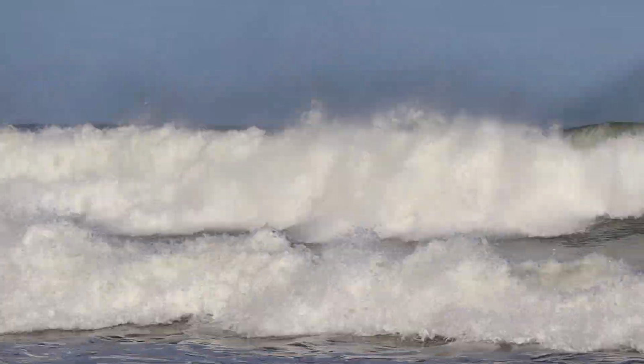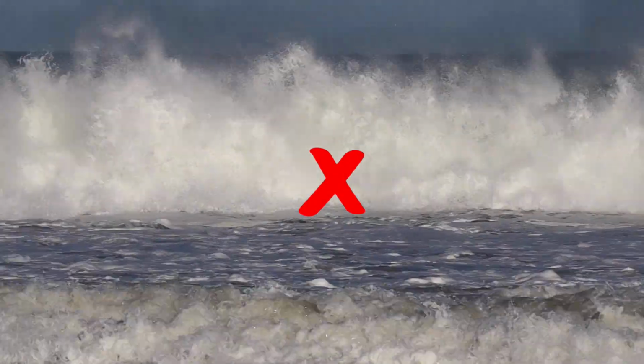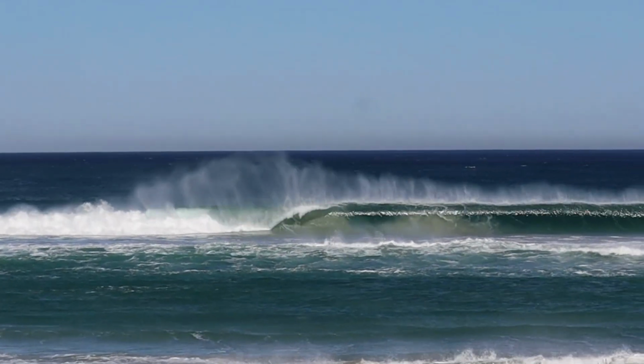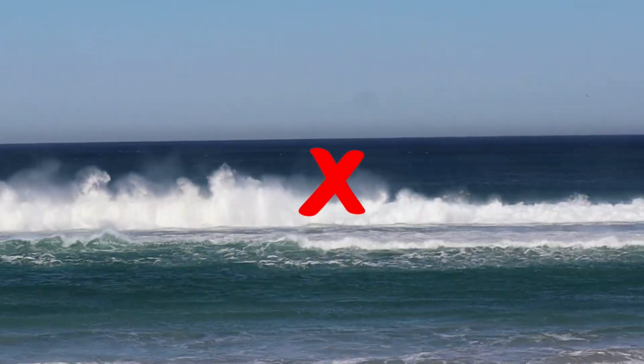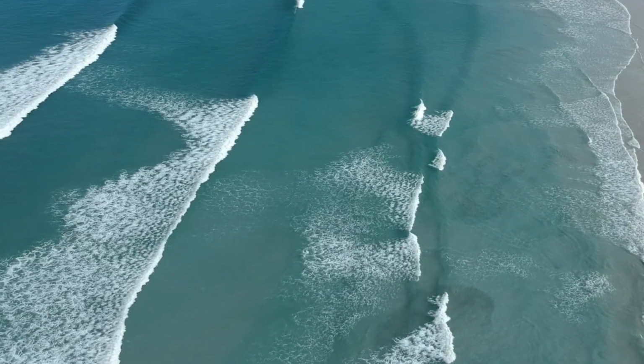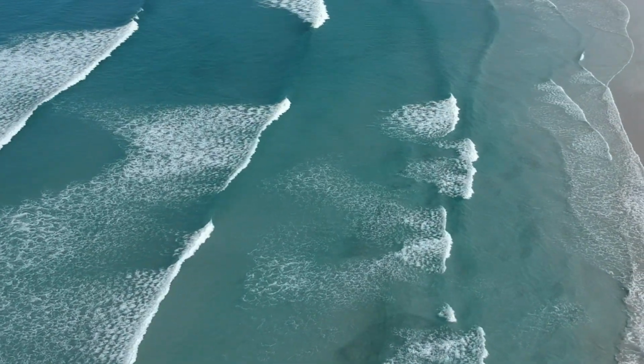So what you don't want when fishing the surf is a big sea and a lot of surge. You don't want waves picking up and falling flat on the sandbanks. So when that water picks up at the back and just falls on the sandbank, it's not really ideal conditions for fishing. You want that water to come from the back and just gradually break over the sandbank